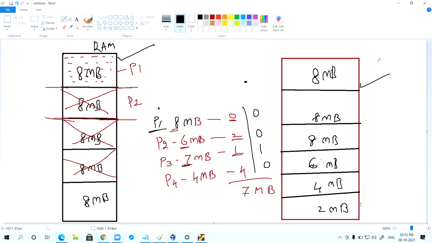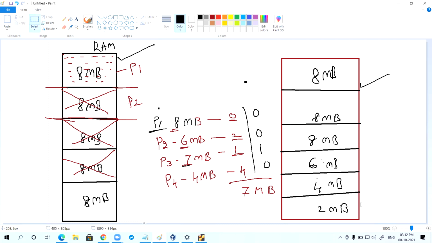In a dynamic partitioning method, how much a process required, that much memory is allocated.